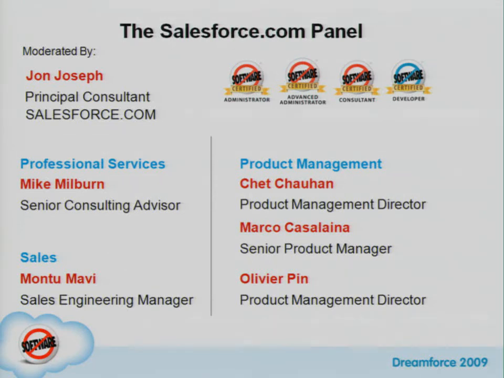Let's check out the experts. I'm Marco Castellana. I am one of the product managers of the Service Cloud. I focus primarily on the call center agent experience side of the house. You may know me from the blog. I write the service and support blog also, and I am Werewolf on the forums. My name is Chet Sherhan. I focus on the self-service and some of the social capabilities of Service Cloud. Yeah, he does all the hard stuff. So if you've got the hard questions, we're going to get them. And I'm Olivier Pain. I'm the product manager for the knowledge application.